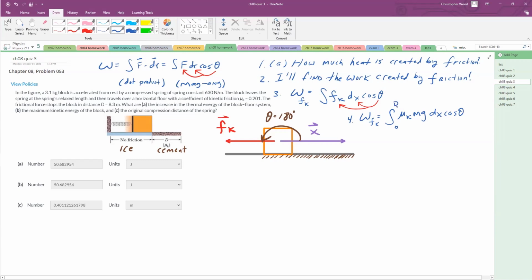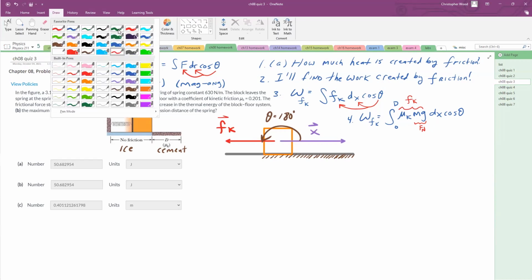So let's talk about all of this for a second, because that kind of came out rather abruptly. All right, mg. This is my normal force. What do you get when you multiply mu sub K times mg? This is kinetic friction. Okay, so maybe we should do a very brief little Y force inventory,